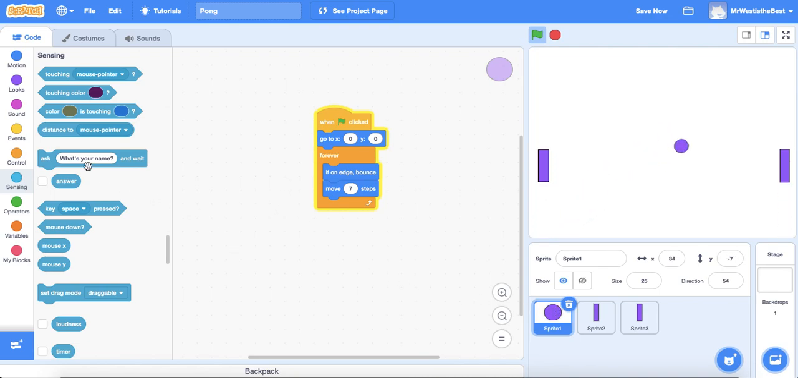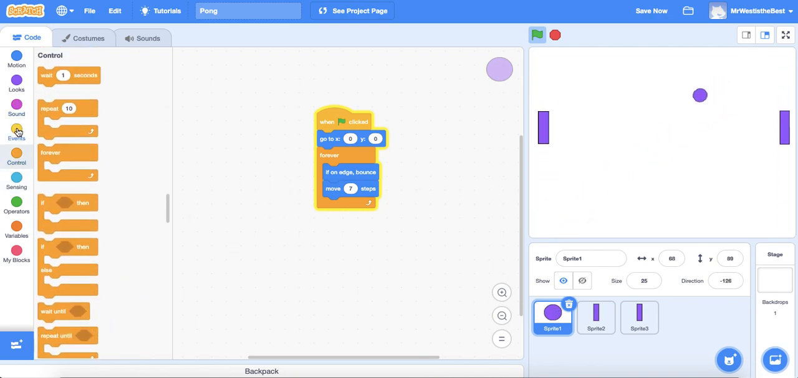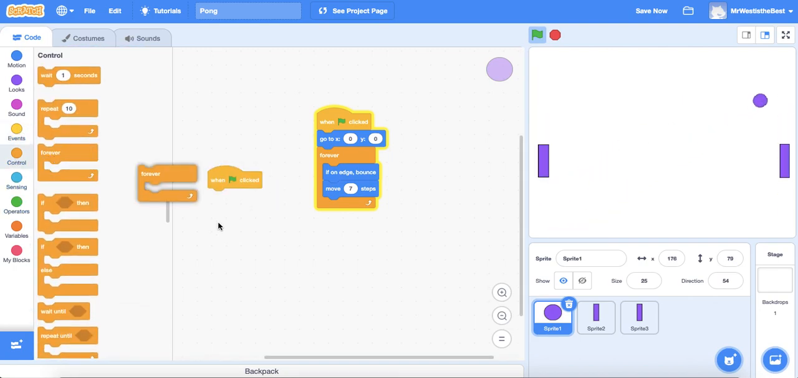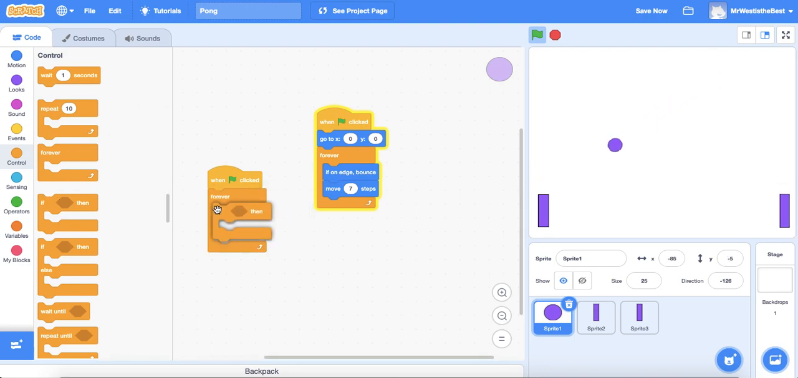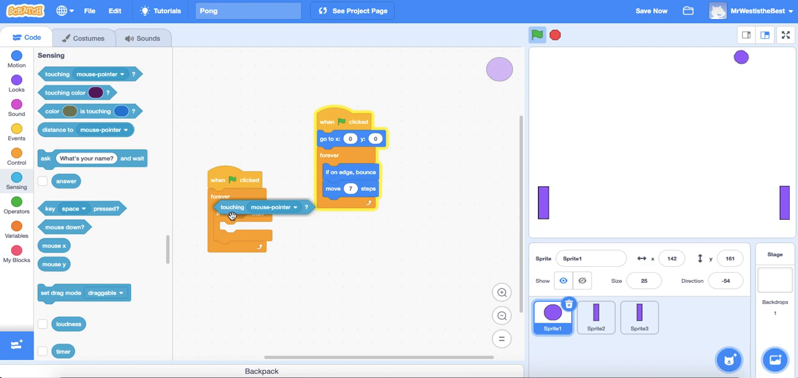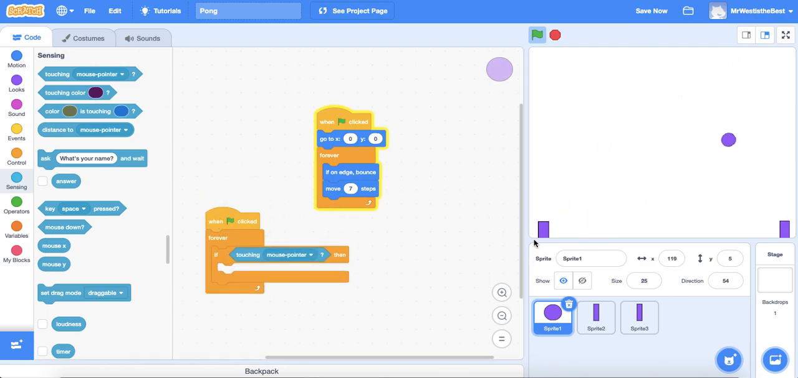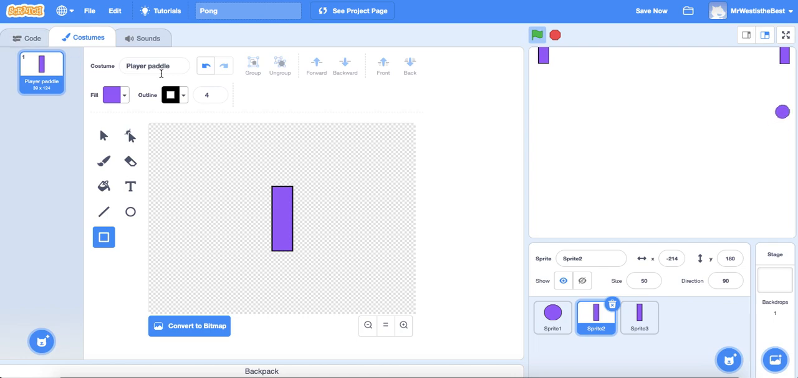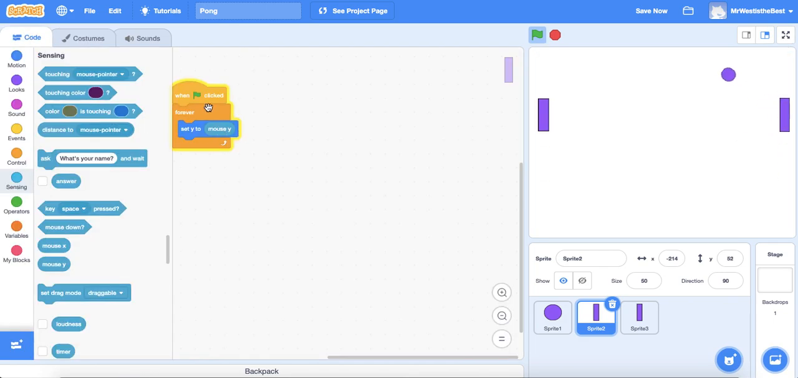So let's go into, I think it's a forever block and an if block. Forever and if. And now, remember from our last video, it's in sensing. If I'm touching, so if the sprite's touching, I don't know why it didn't get renamed. I was hoping it would actually change the name of the costume to player paddle, but it's still called sprite 2 down the bottom. I'm just going to have to remember that for now. Okay, so if